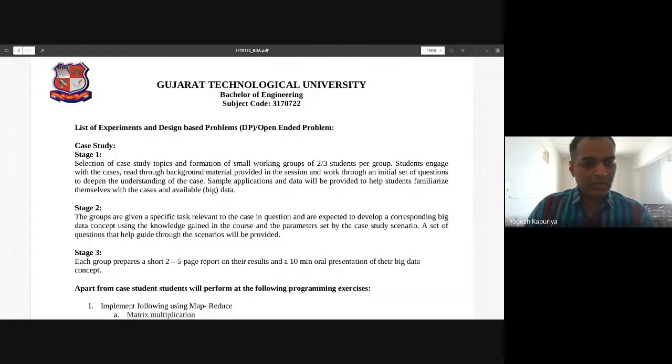So in stage 1, you will be forming a group. I will be discussing a few use cases or probable statements which can be considered as part of a big data application. So let us first go through some use cases. In the literature, you will find multiple articles or blogs where you will find the various big data use cases.